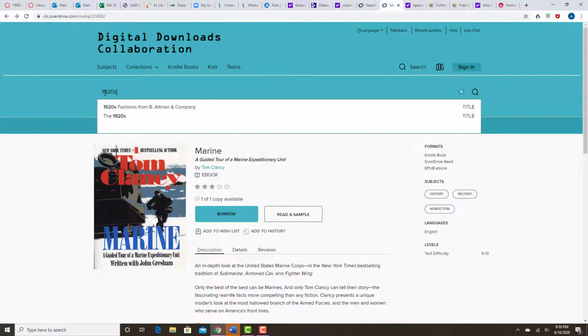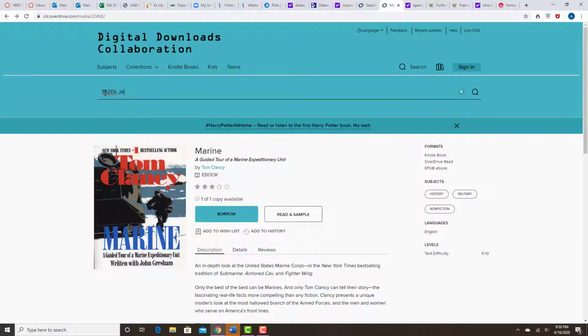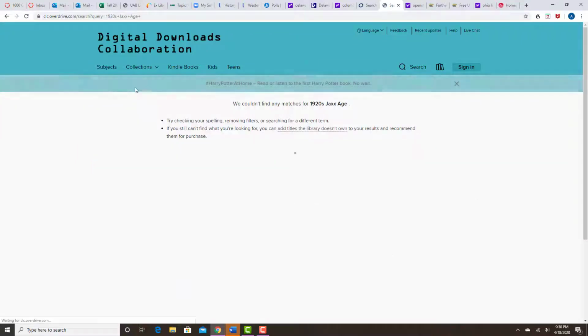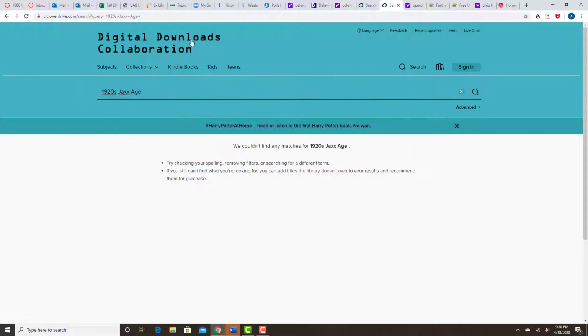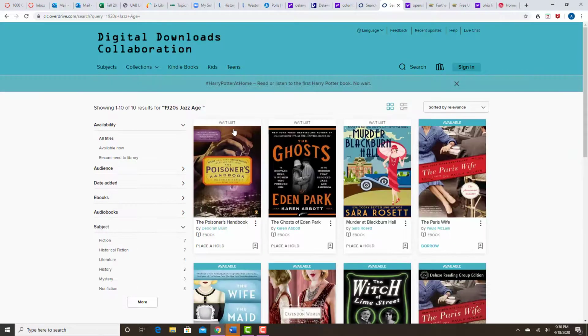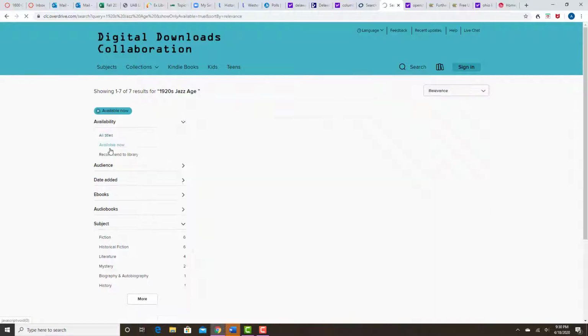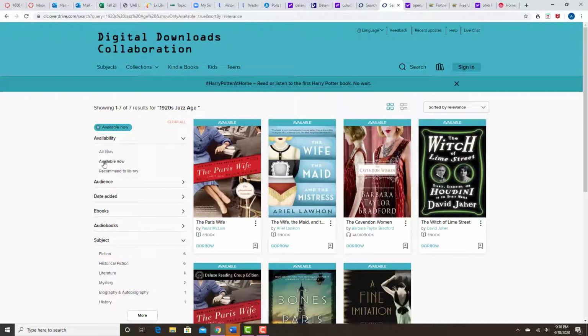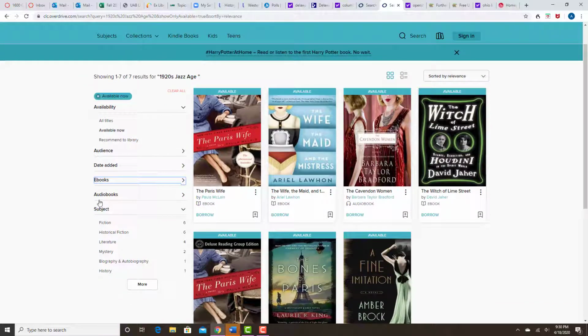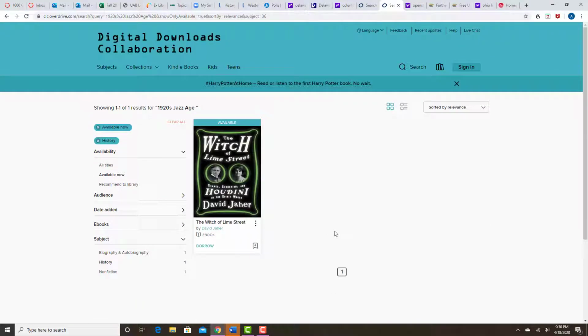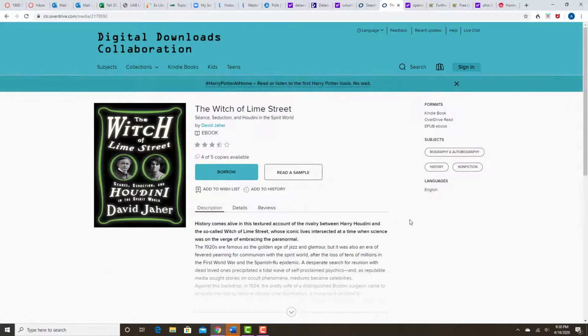You can narrow your search or broaden your search however you want. Oops, that should have said Jazz Age. But remember that each time that you do a new search, you're going to have to again go back and put in those parameters. So every time you do a new search, make sure that you go back in and put in parameters. If you come to one that doesn't have nonfiction as an option, I would be lenient about picking it. Or I would make sure that I read the